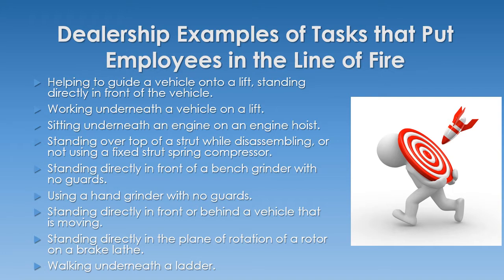A few examples of dealership tasks that put employees in the line of fire. Helping to guide a vehicle onto a lift, standing directly in front of the vehicle. We have had several claims and dealership accidents over the years from employees doing just this. Working underneath a vehicle on a lift, sitting underneath an engine on an engine hoist, standing over top of a strut while disassembling or not using a fixed strut spring compressor, standing directly in front of a bench grinder with no guards, especially standing in front of any bench grinder when you're starting it up initially, using a hand grinder